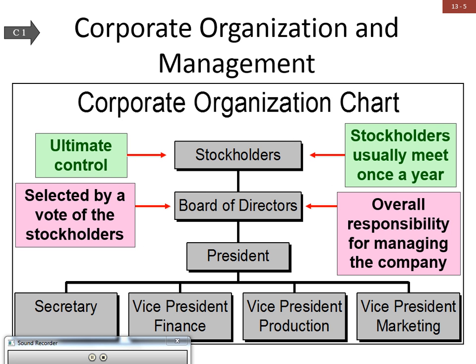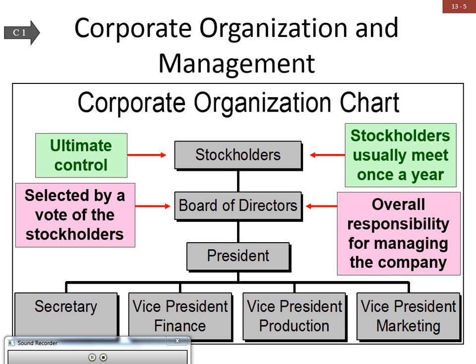Okay, so organization chart. This just shows you what kind of power each person or each group of people may have. So ultimate control goes to stockholders, right? Because they are the ones that really actually run that corporation. They purchase stock for a reason so that they can have voting rights and other privileges. And they generally meet once a year to hash out a lot of other things like electing board of directors,